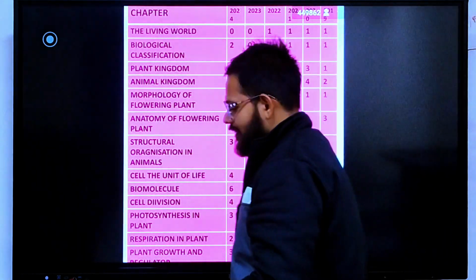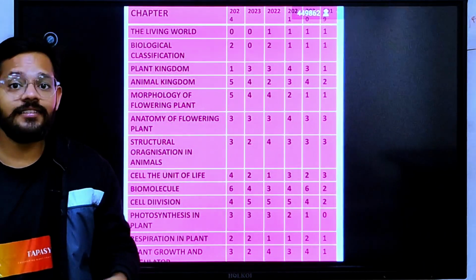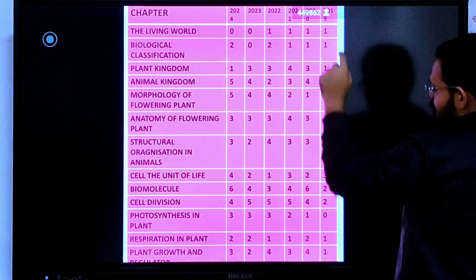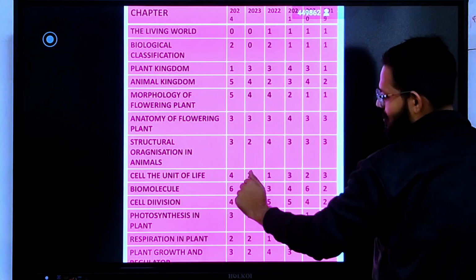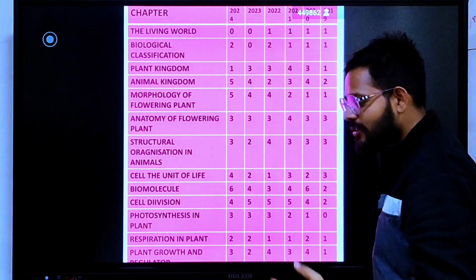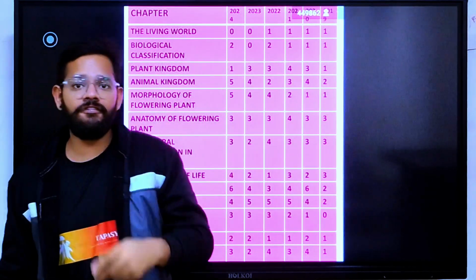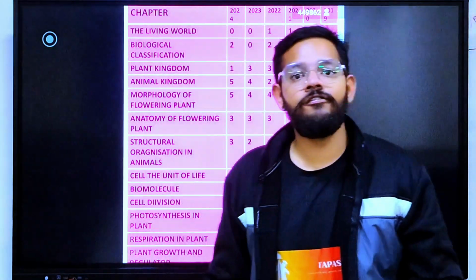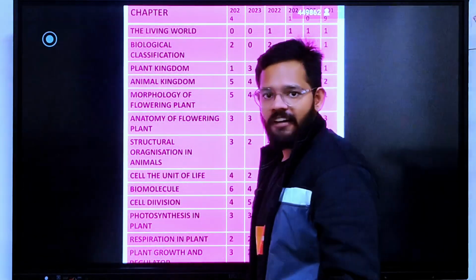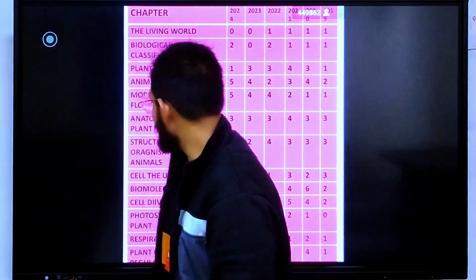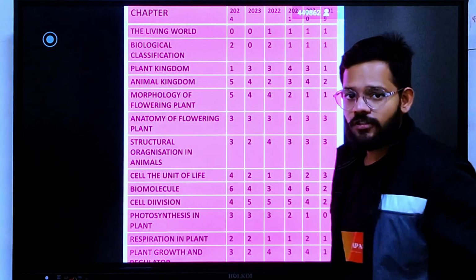Okay, now in this I can say there is one symmetry, one configuration you are going to see, that in 2020 you have 6 questions, in 2024 you have again 6 questions. So maybe this year in biomolecules you will face 4 questions or 5 questions. No more than 5, okay, so 4 or 5 questions are coming from your biomolecules.